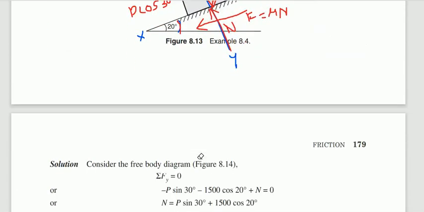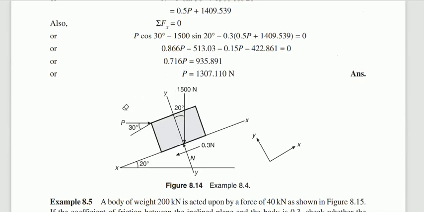So just observe the free body diagram. Whatever I have drawn, the same: the weight of the block is acting downward, making an angle of 20 degrees with respect to the y axis, and N, the normal reaction, is opposite. The direction of the motion is here, the block is moving upward, therefore where do you write the friction force? At the contact surface, the friction force is acting in this direction. So now your system is ready, with all the forces acting.